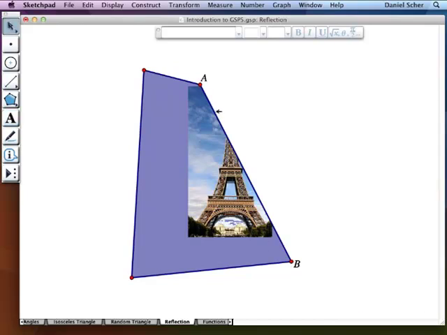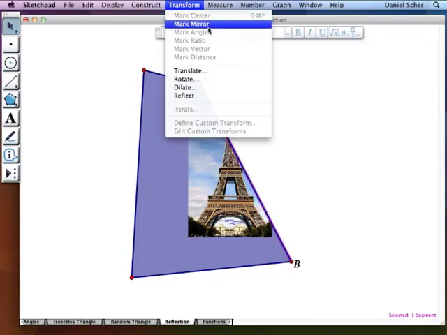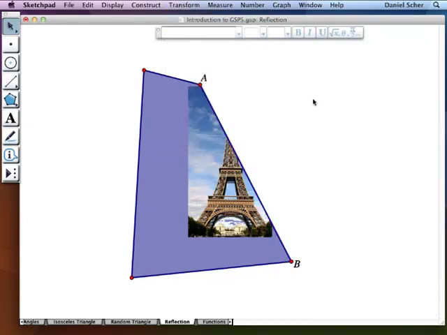And to do that, I will select the segment. I will go to Transform. And I chose Mark Mirror. So now that segment AB is marked as my line of reflection. And if I select this picture and reflect it,